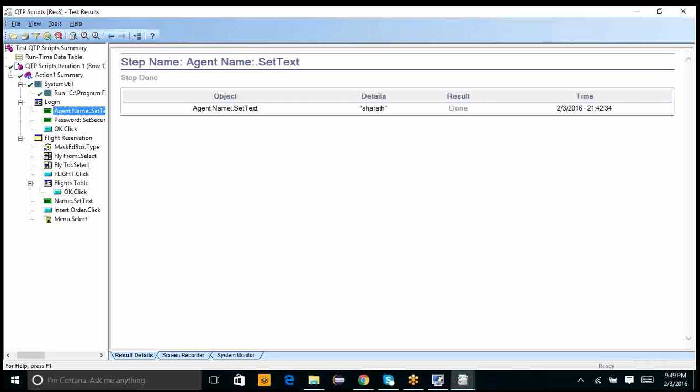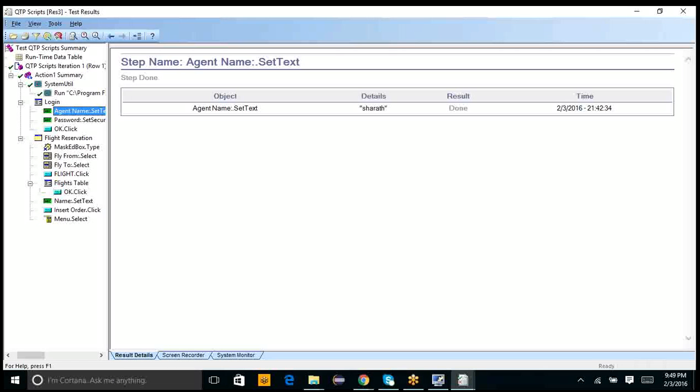Currently in the entire script only one step has the validation point, and that one step is also passed.